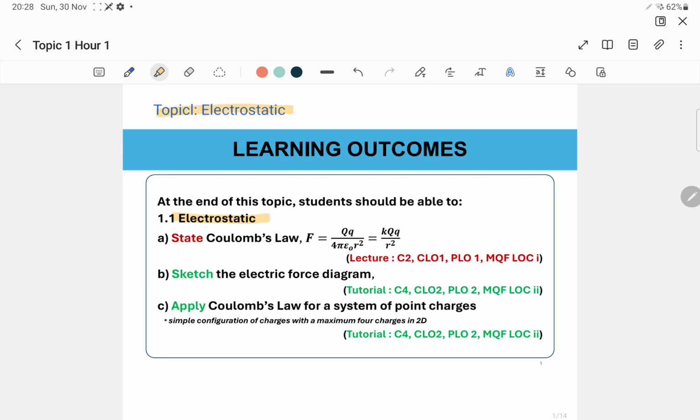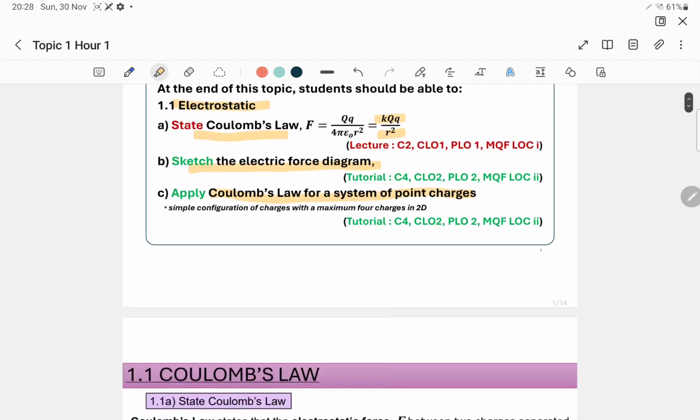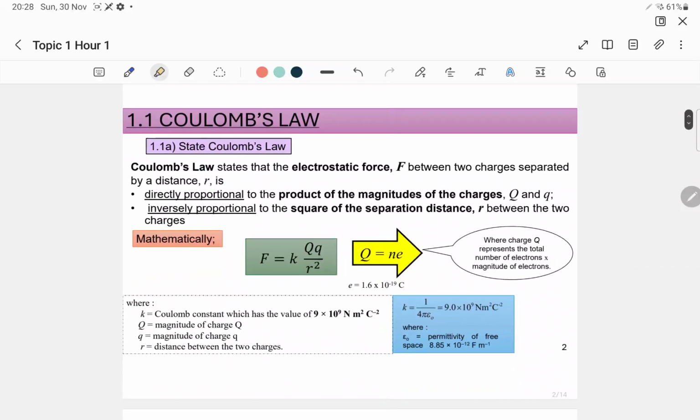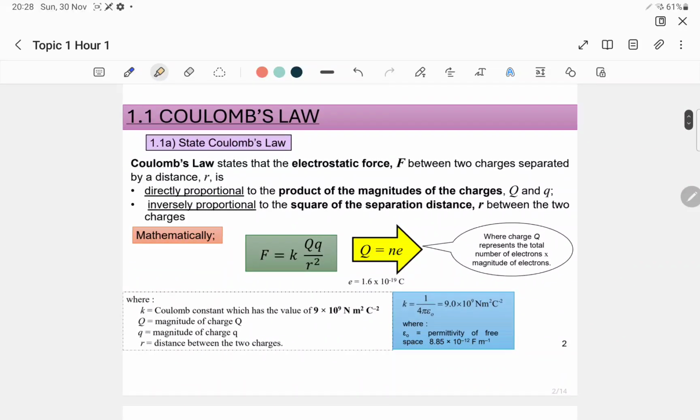The first learning outcome: you should be able to state Coulomb's law. Based on the definition, you should be able to apply the equation to solve problems, and then sketch electric force diagrams and apply Coulomb's law when you have point charges. So for the definition,